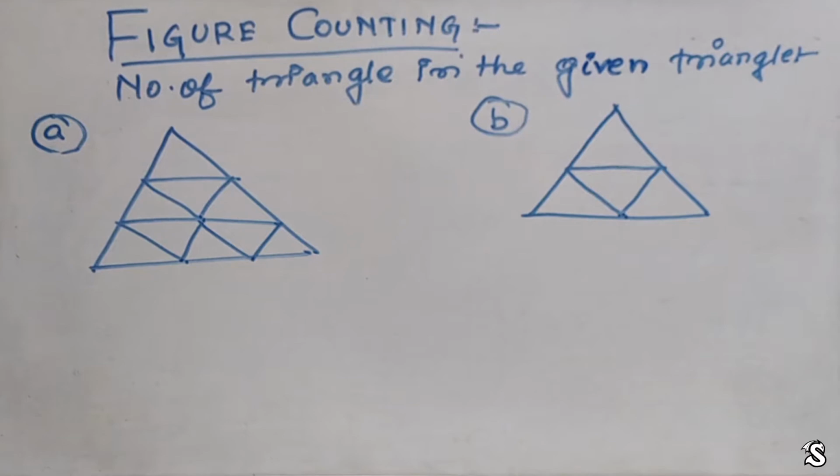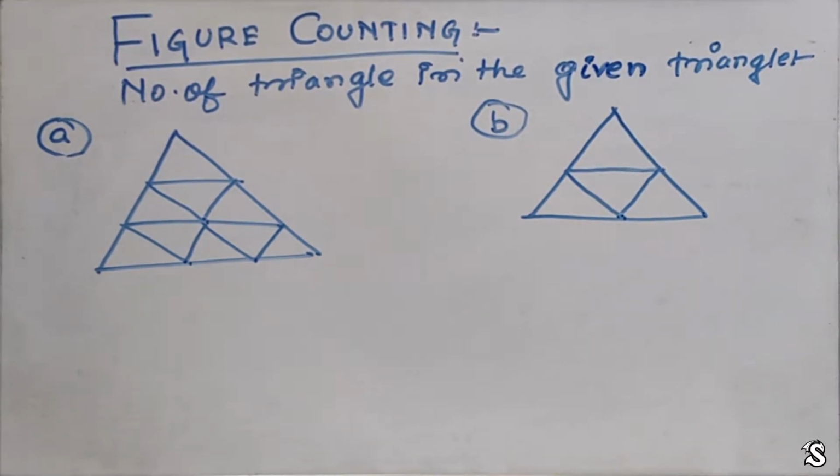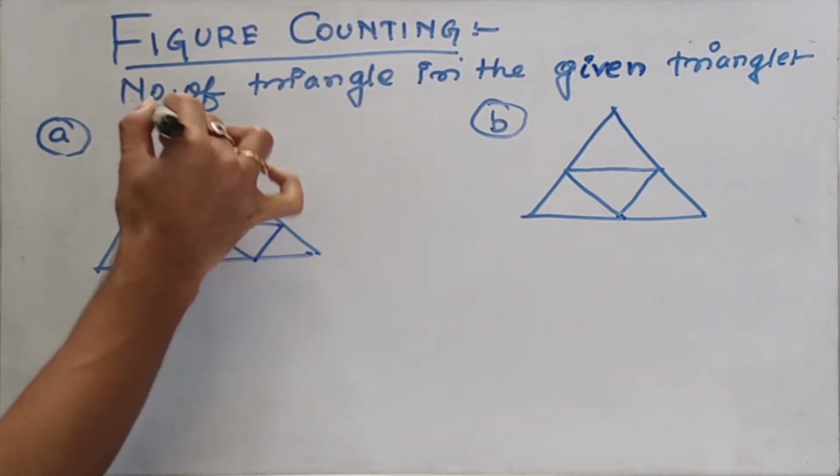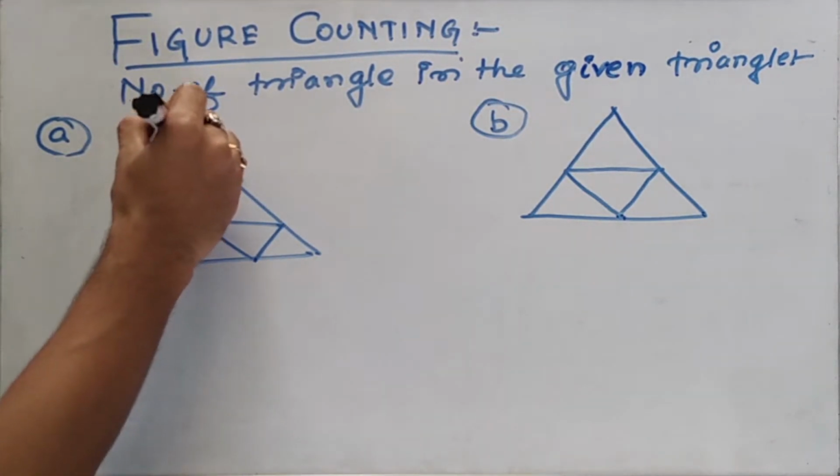So today we are going to discuss how to calculate the number of triangles within the given triangles. There are certain steps you need to follow to do this, and these are the given figures which might be given to you in your exam and you will be told to find the total number of triangles. So what you need to do, first step is calculate the total number of triangles which are aligned with